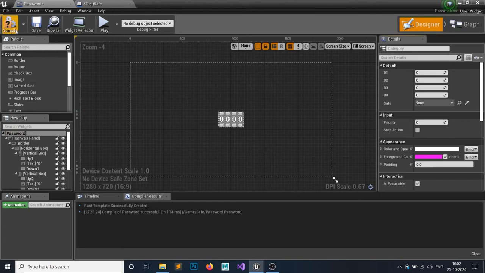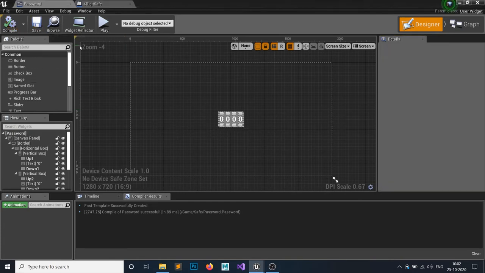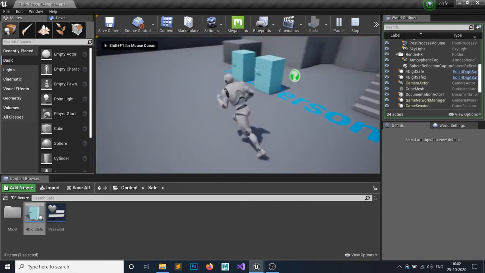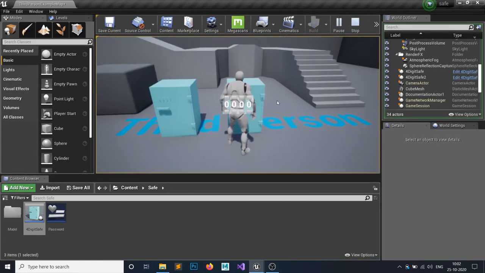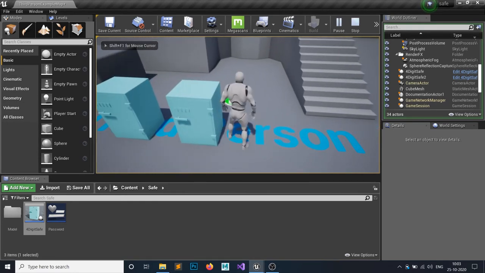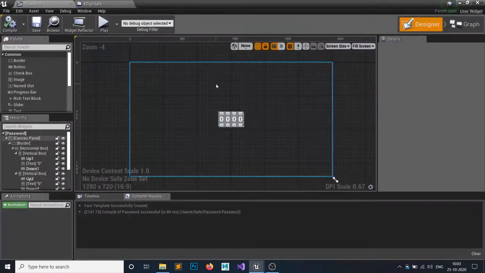So make sure your widget is focusable, otherwise it won't work. So let's check it out. Hit E, it is spawning. You can click on this, but we haven't specified any properties, so it will just click. If you hit E again, it is closed. Same with this one, right? So let's specify that property.